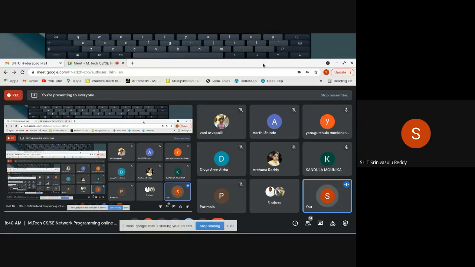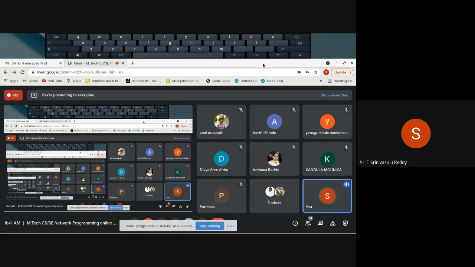Okay, so we have two classes now. One is called DatagramSocket. The other one is called DatagramPacket. DatagramSocket is useful to get a socket that can be used to send or receive a packet. Remember that socket is the only mechanism by which you can communicate.